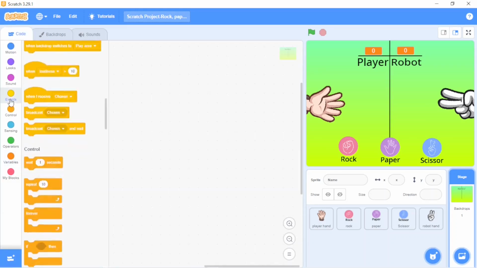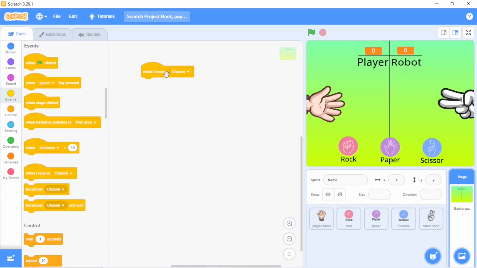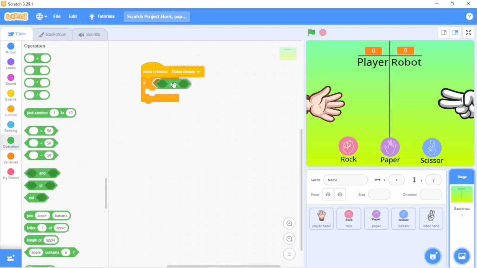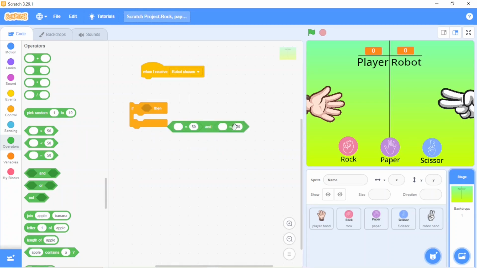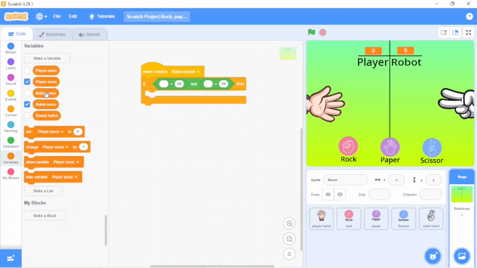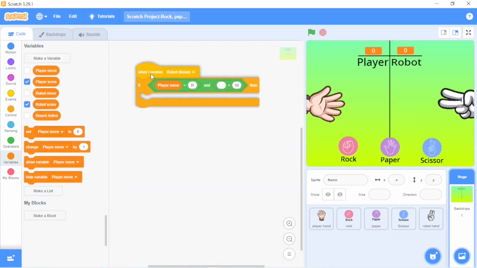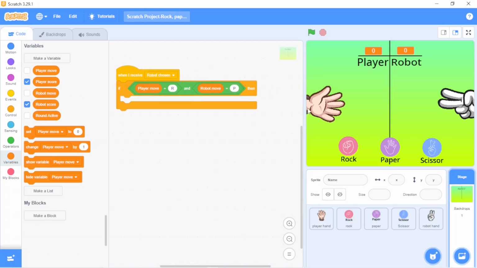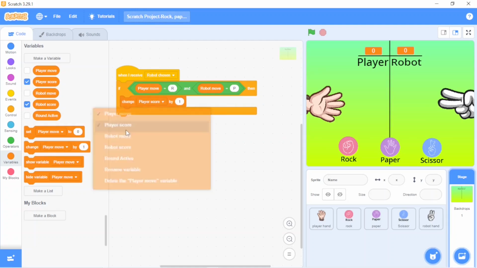Okay, and now go to events. Take when I receive robot chosen. When I receive robot chosen, then take if then block, and inside this space take an and with two equal to's. Put one equal to block inside one section of the and, and the second in the other section. If player move is equal to R, means rock, and robot move is equal to P, then change robot score